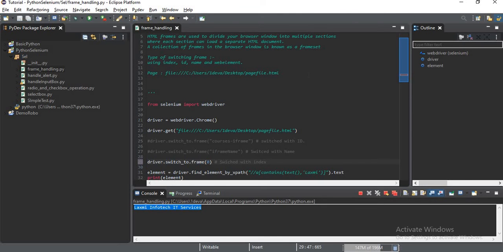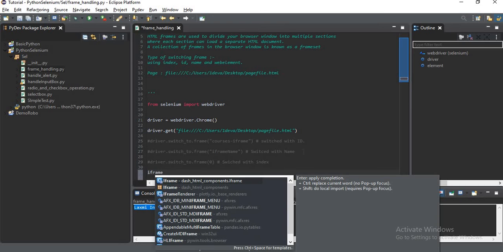Now most important, we have the web element. We have been doing all this, but how do we find the web element here? We will find the iframe as a web element as well. So let's comment it out, and we'll give here iframe